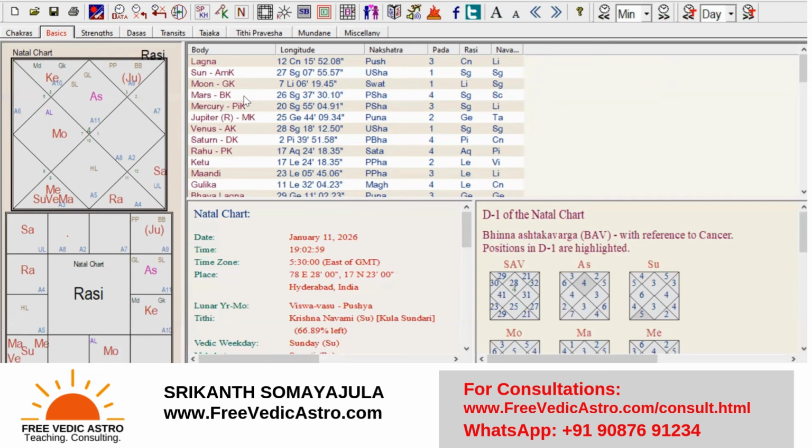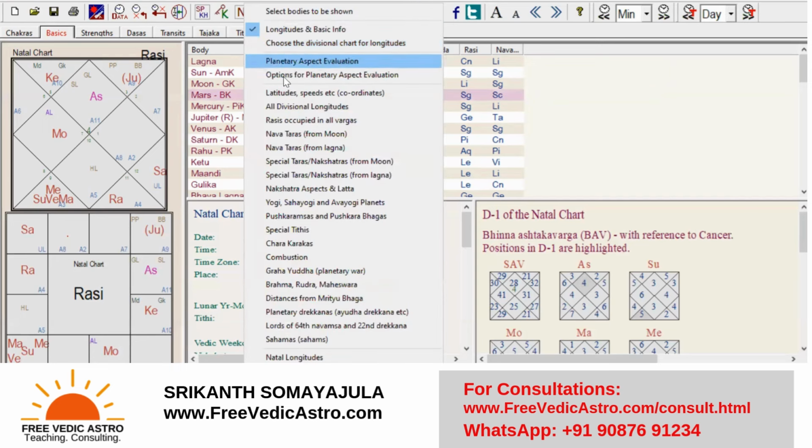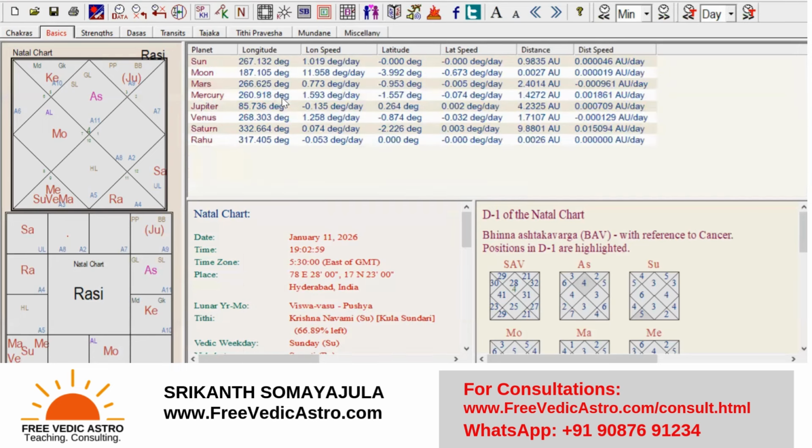The other way to check here is to check the latitudes, the speeds. Wherever you have a negative speed, it is a retrograde planet. And you need to know the standard speeds of the planets, like the Sun goes 1 degree every day, Moon goes between 10 to 14 and a half. You need to know all these speeds. Then you know when it is in Atichara, or when it is at a slower pace, or when it is stationary, Sthambi, all that you will know.